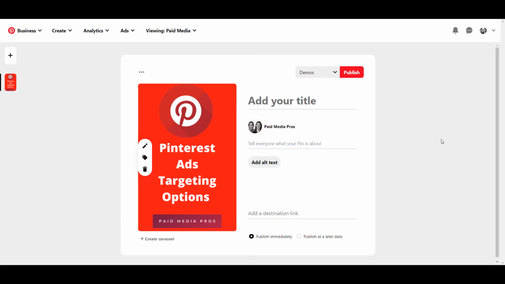Lucky for you, you get to see my awesome Canva skills. That's the best my design can get, but just work with me here. For static ads, you should use an image that is a 2:3 ratio, and the recommended size from Pinterest is 1000 by 1500 pixels. The file type has to be a JPEG or a PNG, and the max file size